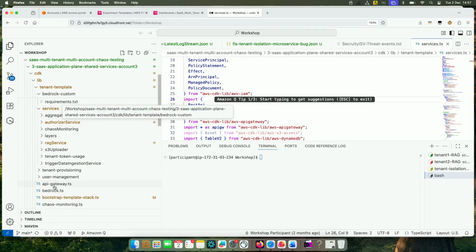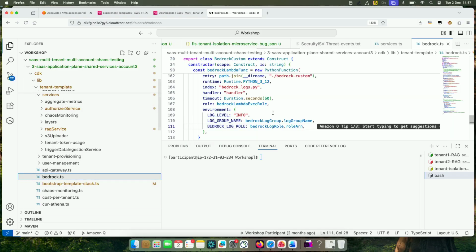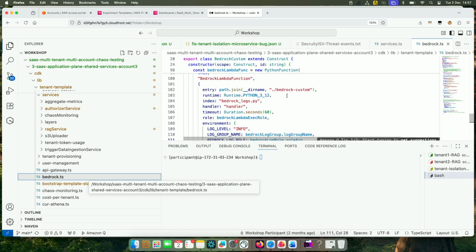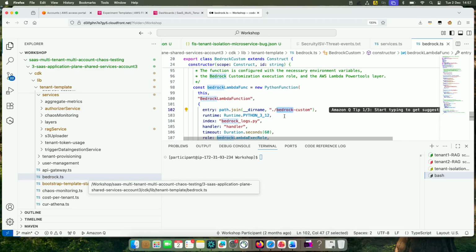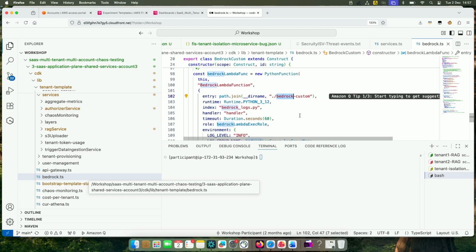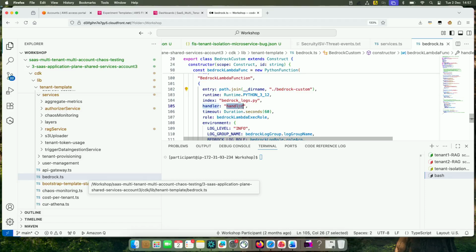We have a Python module which is associated with a specific TypeScript CDK, where you can see that the TypeScript is referencing the Bedrock custom Python module with the specific Bedrock log Python with the handler and the handler with the specific Lambda